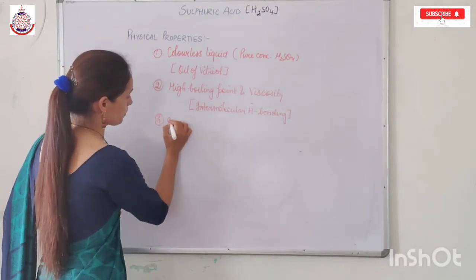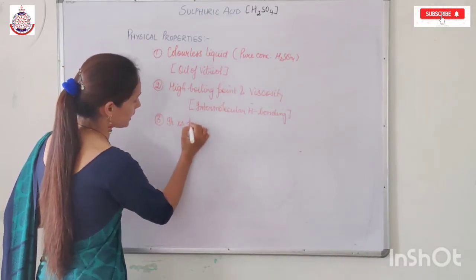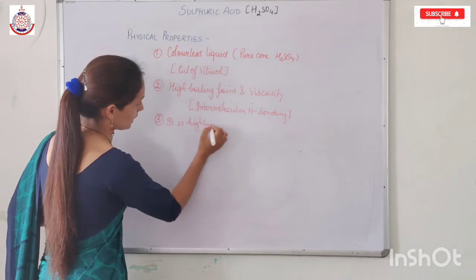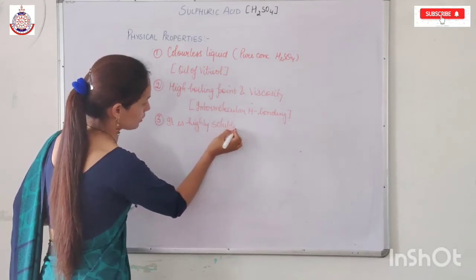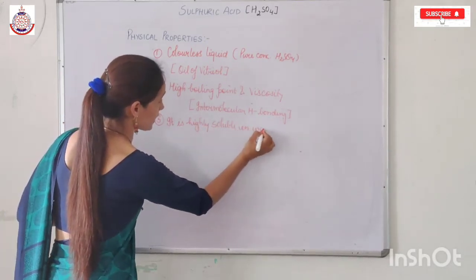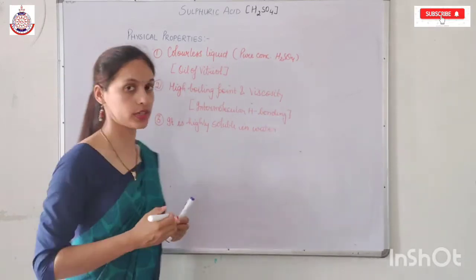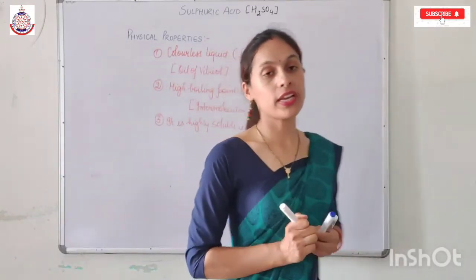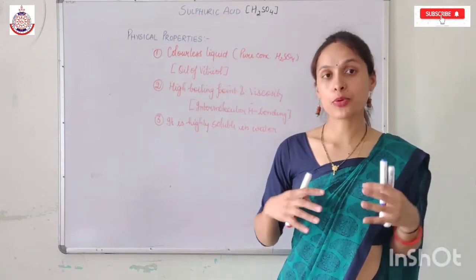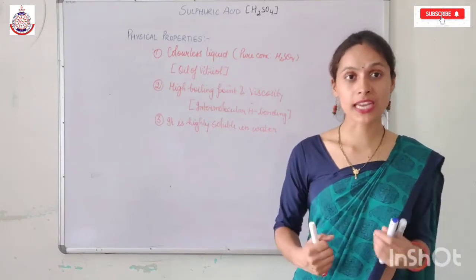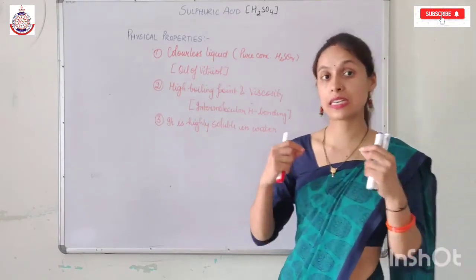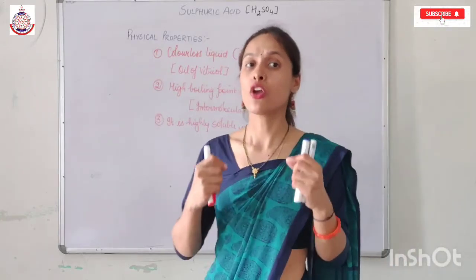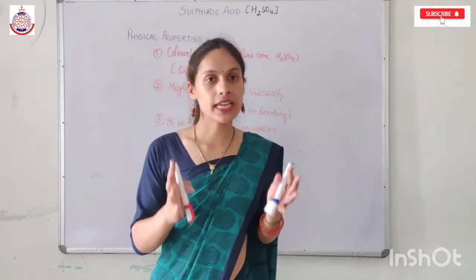Third, it is highly soluble in water, meaning it has a very strong affinity towards water, and because of this, when it dissolves in water, it produces an immense amount of heat, and as a result of the release of this heat, we have to take care